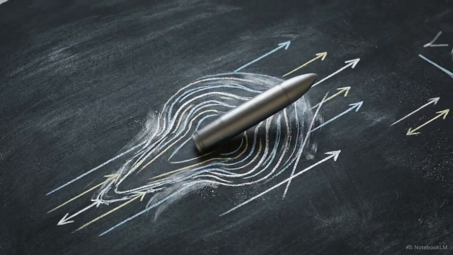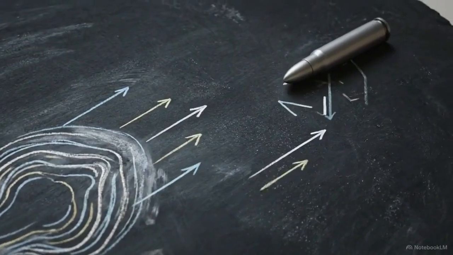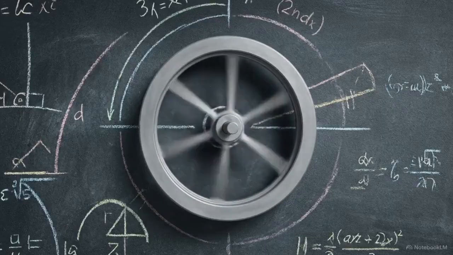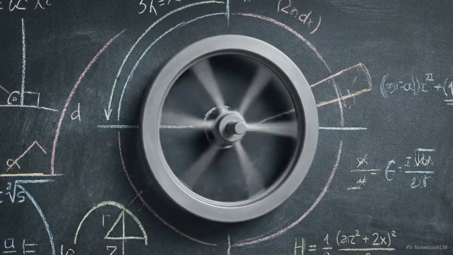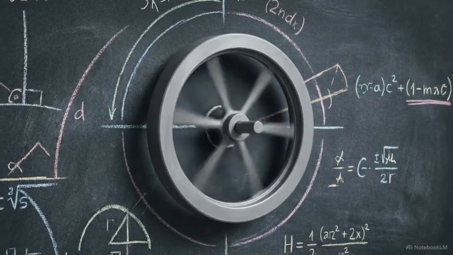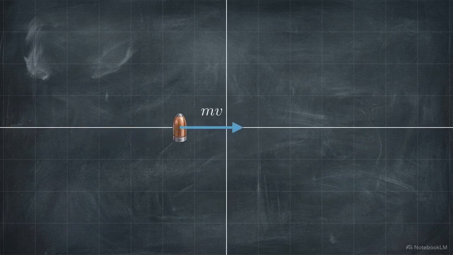A bullet traveling forward in a perfectly straight line possesses a strict, indestructible physical quantity, translational momentum. Contrast that with a rapidly spinning industrial flywheel. It is massive and entirely full of kinetic energy, but it is moving absolutely nowhere. A linear impulse of force over time transforms into a conserved quantity of mass times velocity, or mv.